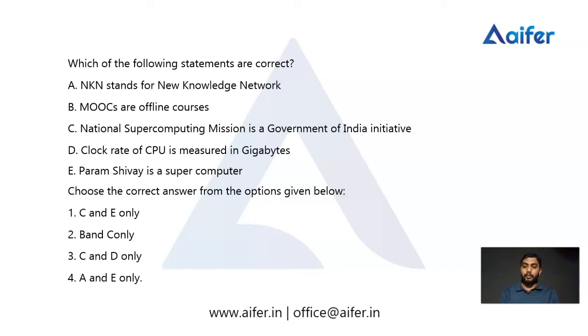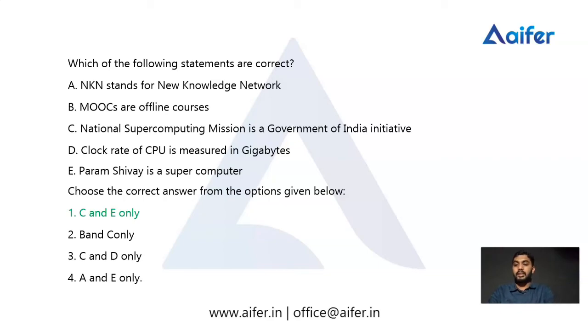Then we have been given 4 options. Option 1, the right statements are C and E. Option 2, the right statements are B and C only. Option 3, the correct statements are C and D only. And option 4 says the correct statements are A and E only. We need to identify which option is correct. So let's check the answer. You can comment your answer for these questions. This is a long question, and if you want more time, you can pause the video and later comment your answer. So let's move to the answer.